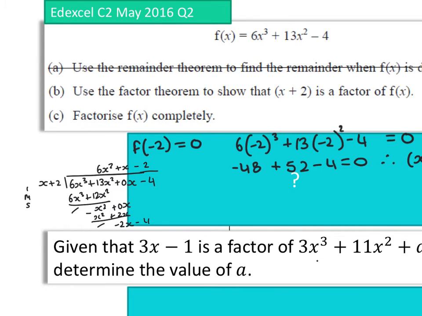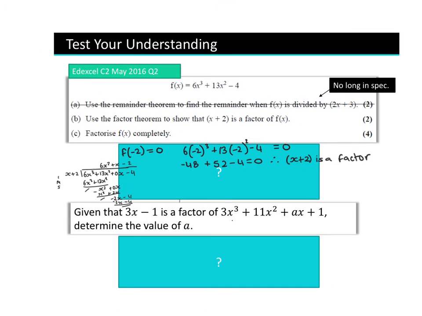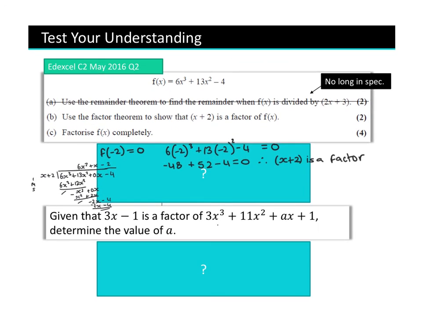So I'm going to have minus 2, and then we should have minus 2x minus 4. That should leave you no remainder. So now you know that we can rewrite 6x cubed plus 13x squared minus 4 as x plus 2, 6x squared plus x minus 2. So I now need to factorise 6x squared